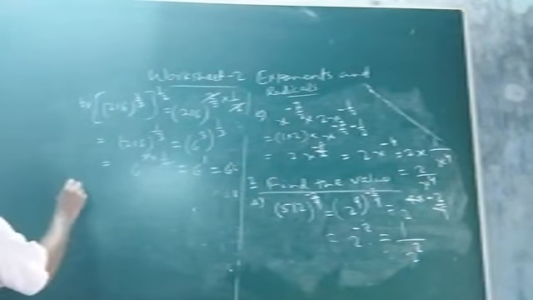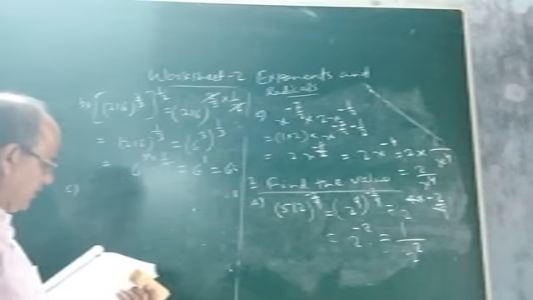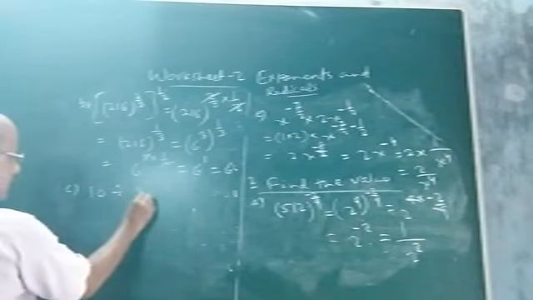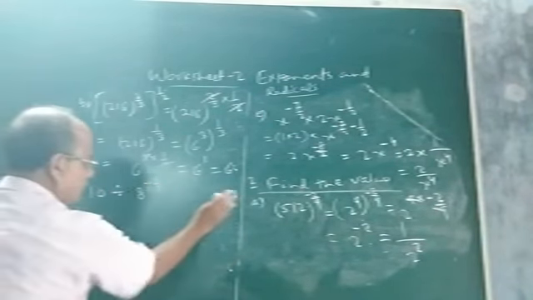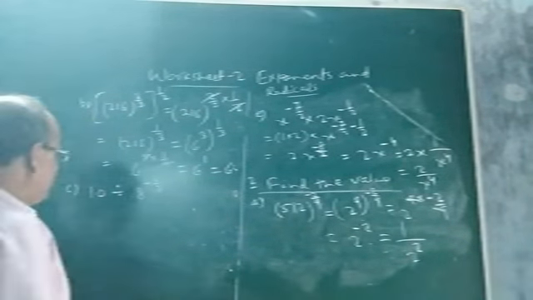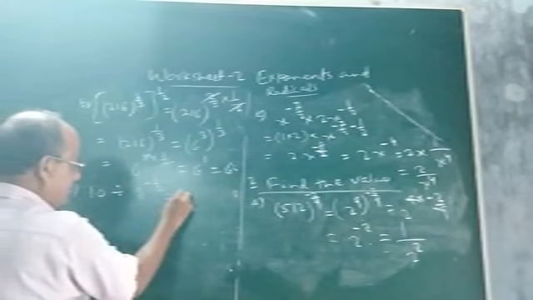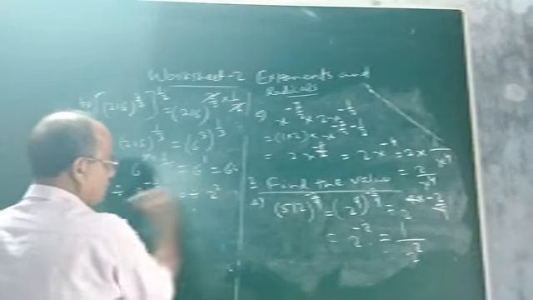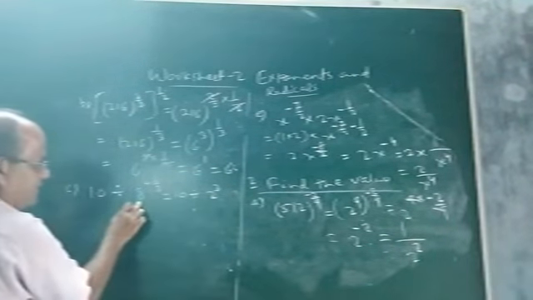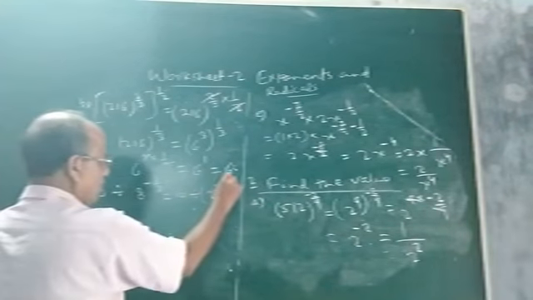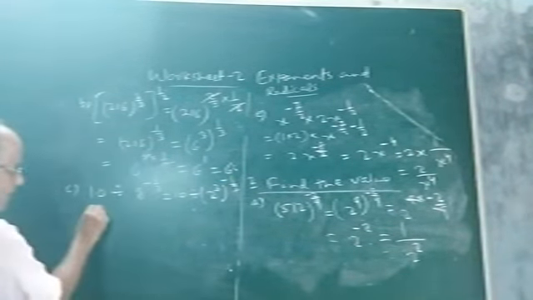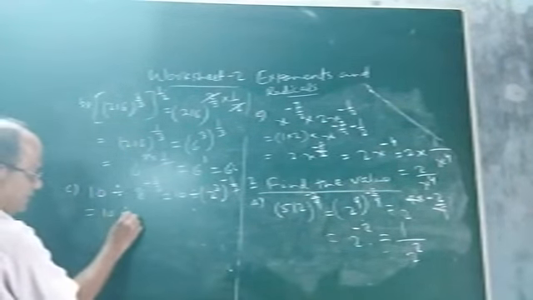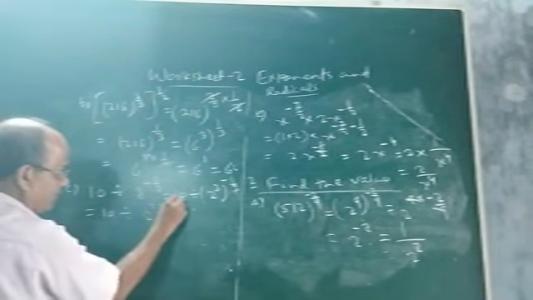Now let us discuss the next one. The next one is 10 divided by 8 to the power minus 1 by 3. How to find the value of this? Let us see. This 10 you keep constant, divided. Now look at this 8. 8 can be written as 2 to the power 3, whole to the power minus 1 by 3. Now you omit this bracket by multiplying 3 and minus 1 by 3. This will be 10 divided by 2 to the power 3 into minus 1 by 3.